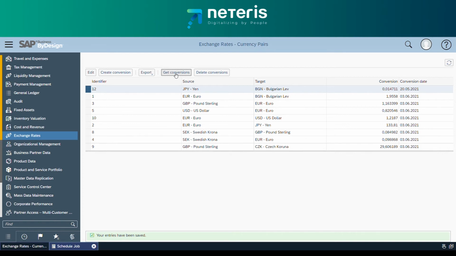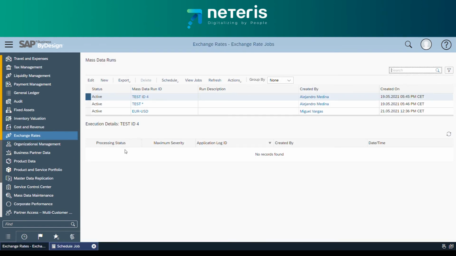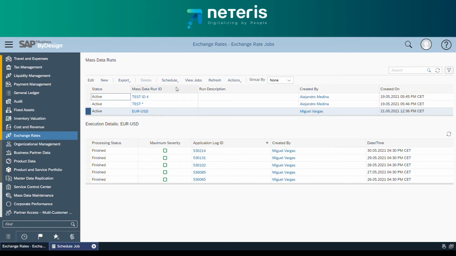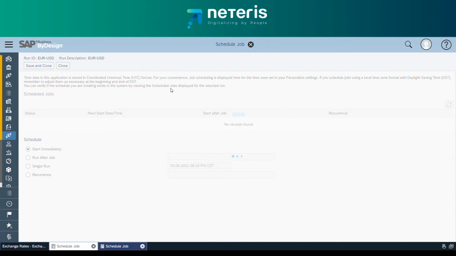Now, instead of fetching exchange rates one by one on demand, most customers aim at automating this activity. And for that, we use the second screen, Exchange Rate Jobs. Here, we can schedule recurring jobs for the currency pairs created in the previous screen. For example, we can schedule a Euro-USD job to be run every day of the week